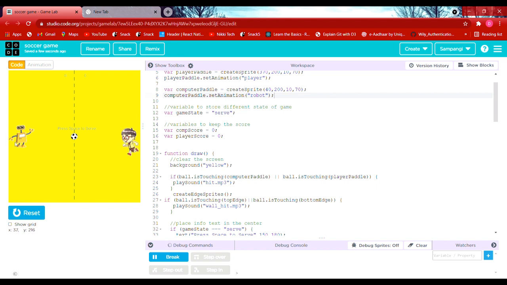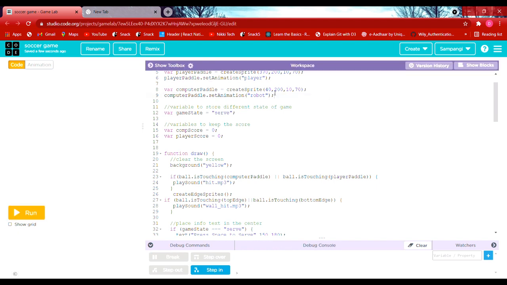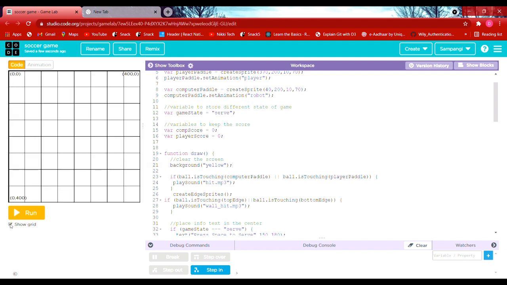So it is like this. I'm telling you this is the x and the y, so you might get confused about what x and the y are. Here, below the run option, we have the show grid. This helps us see the x and y axis. The x and y axis give the positions for an object or the like. By using the show grid option, we can easily see the position.